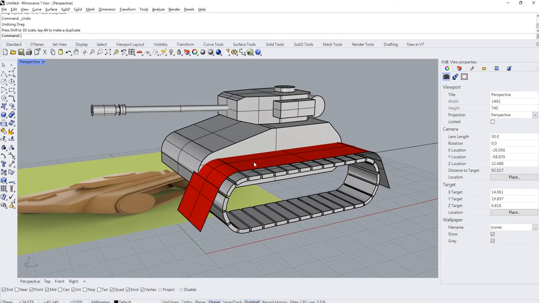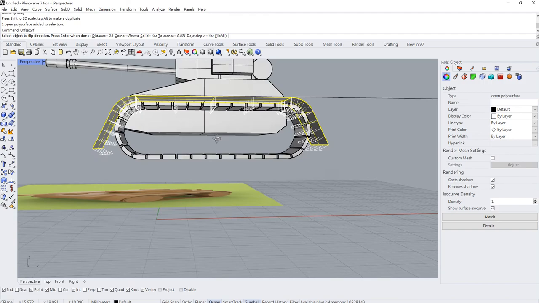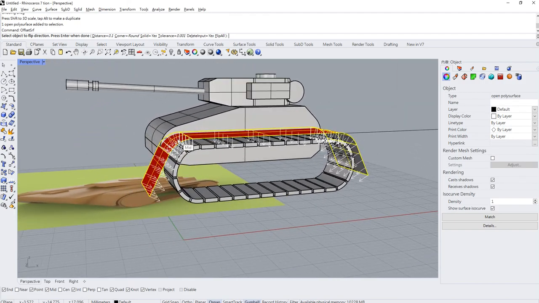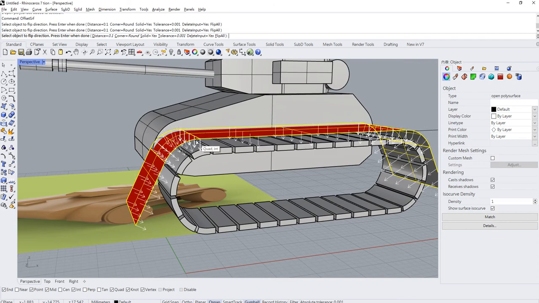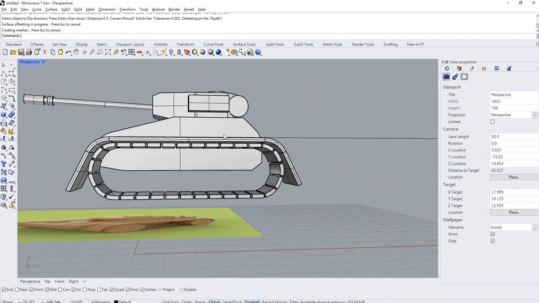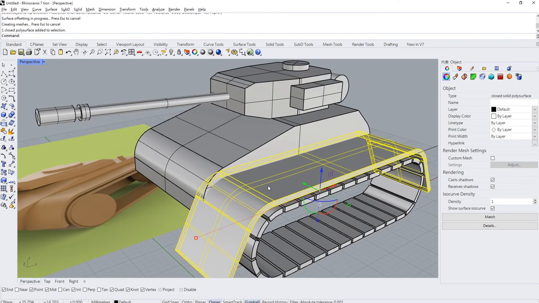Alright, but now it's just a simple surface, so I want to make this one have some thickness. Let's use offset surface. Offset surface is in the create solid geometry. You can click to change the direction for extrusions, but I will just leave this one like this. And let's type in point 5 and press enter. Okay, pretty much done. So finally let's adjust the width of this shoulder using scale 1D